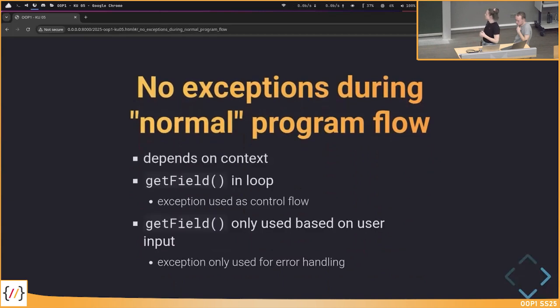As we have seen, these exceptions really depend on how we use our function. We didn't change getField in our class, but later on we just used it in a different way, and now we are actually using exceptions as logic in our program. Because we're not only throwing them when we get an error, but we are throwing them because we expect to get them. And this is something you can get deductions for at A2.